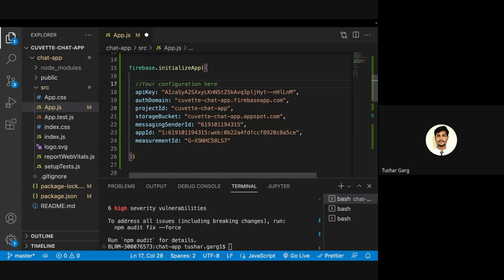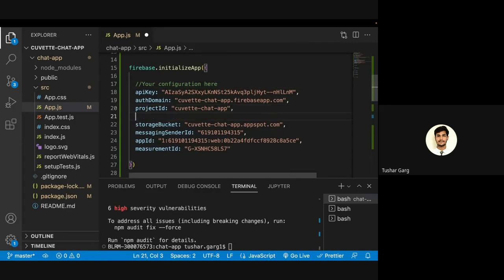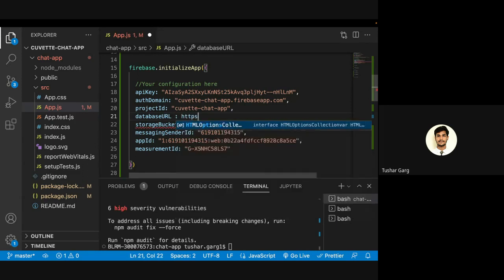Okay. One important thing that is missing here, that is we need to also connect it with the database, right? We need to also connect it with the database. So we need to add the database URL also. So I will be adding the database URL is, okay, https:// okay, this will come in double quotes. Okay. HTTPS and whatever the project ID is, copy,